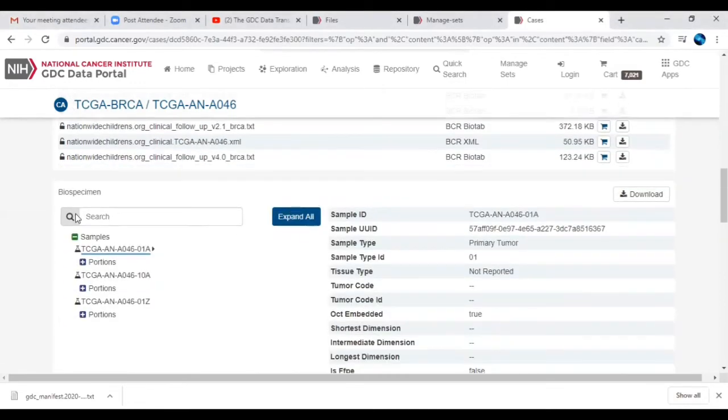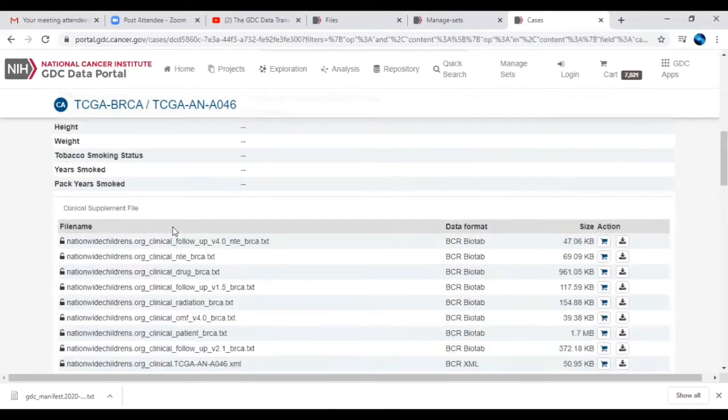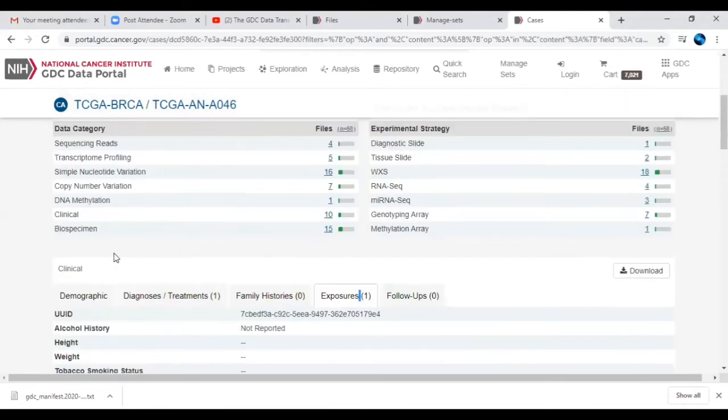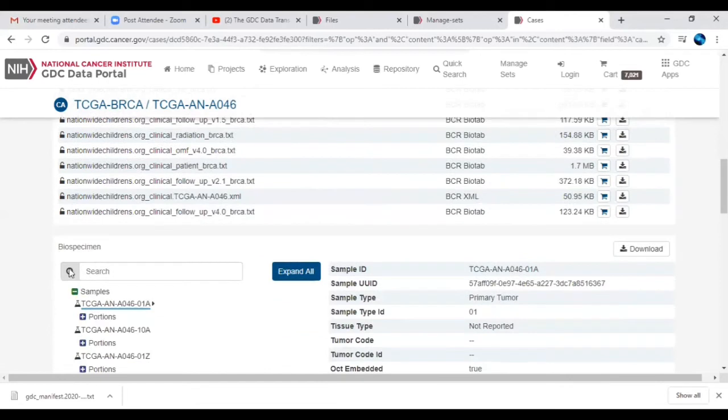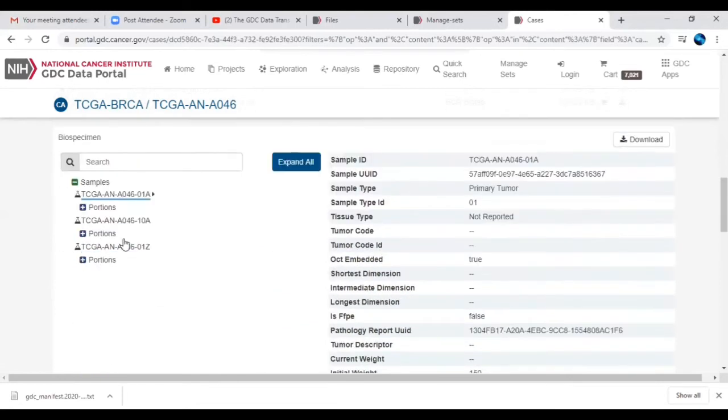Okay. Afterwards, we can see the biospecimen data. After knowing what is the clinical data and what is biospecimen data, after getting the clinical information with respect to patient, they have moved towards the study with respect to biospecimen information. They have studied those clinical information with respect to in vitro study like this. So they have given the sample ID with respect to patient.